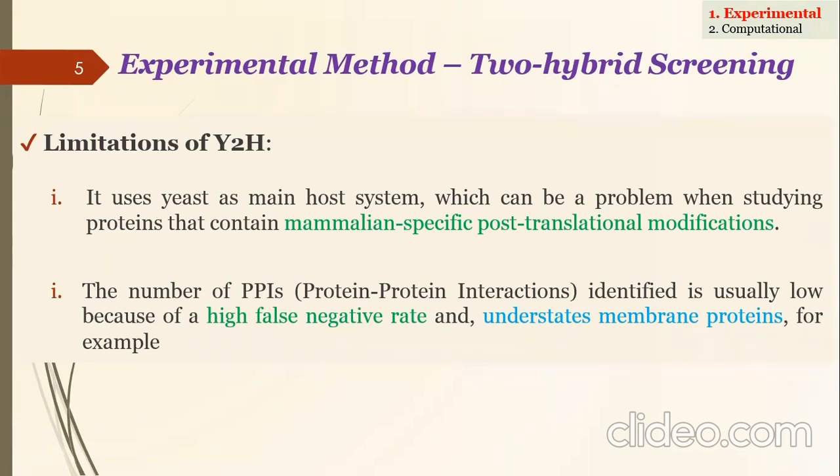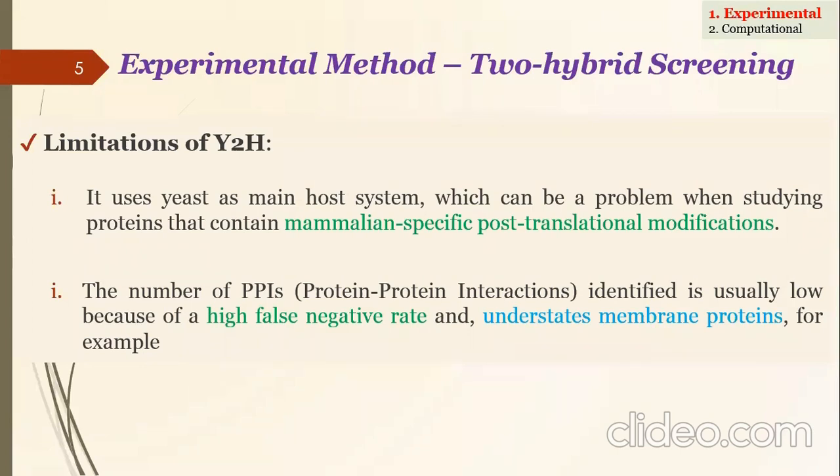यस सर। जी, आप बताइए पोस्ट ट्रांसलेशन मॉडिफिकेशन, why this is a limitation for yeast to have? यस सर मैं फिर दोनों पॉइंट्स का ओवरव्यू दे दूं सर। जी जी, प्लीज। ओके सर। तो सर जैसे कि आपने डिस्कस किया कि जो यीस्ट टू हाइब्रिड सिस्टम है दैट इज वेरी डिजायरेबल, क्योंकि जो मेमेलियन सेल्स होते हैं दे आर बिट कॉम्प्लिकेटेड, तो उनके बनिस्बत यीस्ट टू हाइब्रिड सिस्टम को हम प्रेफर करते हैं। पर इस सिस्टम की कुछ लिमिटेशंस थी, दो लिमिटेशंस हाईलाइट की हुई थी।